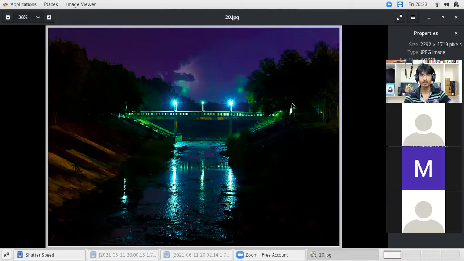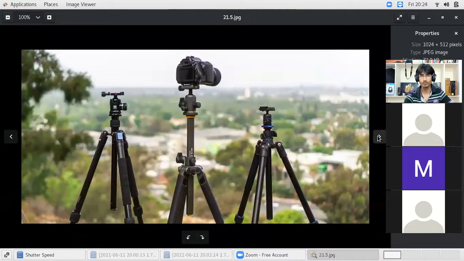Like in a dark area, a landscape, you are shooting, the aperture that you are setting is something like f16. So what will be your shutter speed? Something like 2 seconds, 3 seconds, like that. This particular photo is taken with a shutter speed of 3 seconds. But with 3 seconds, what will be the problem? You cannot keep your hand steady for 3 seconds. So normally you get a blurred photo. To avoid that, what do we have to do? We have to use a tripod. If you are using a camera or phone, you have to stabilize it with the help of a tripod.